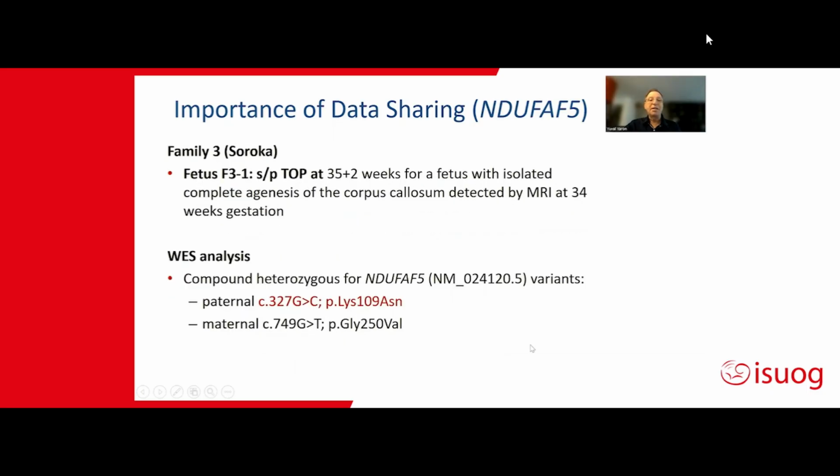And about the same time, there was another family from another hospital showing similar brain abnormalities, but detected earlier. They had shown different abnormalities, but again, they had the same paternal mutation as in the first case. So this shows you that sometimes when you see variants that appear to be causative, it's important to share your information and benefit from other people's information that we're sharing.